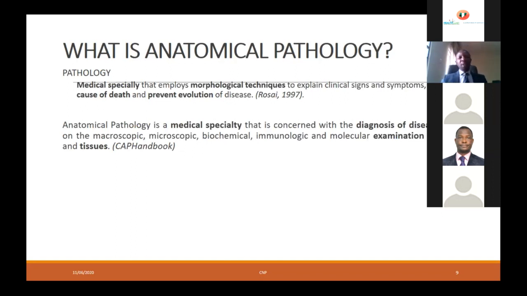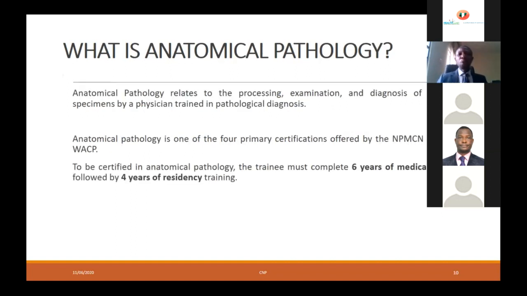Let me draw here that the slight difference between the anatomic pathologist and the other aspects of pathology is that we deal with the tissue. They deal with other body fluids. And even when we deal with other body fluids, we are only concerned with the cells inside those body fluids. So we deal with the cells and we deal with the tissue. Every other person deals with all the other fluids. Okay, so that is what we do in anatomic pathology. We process the tissues, we examine them, we make diagnosis, and then we suggest treatments to the clinician.